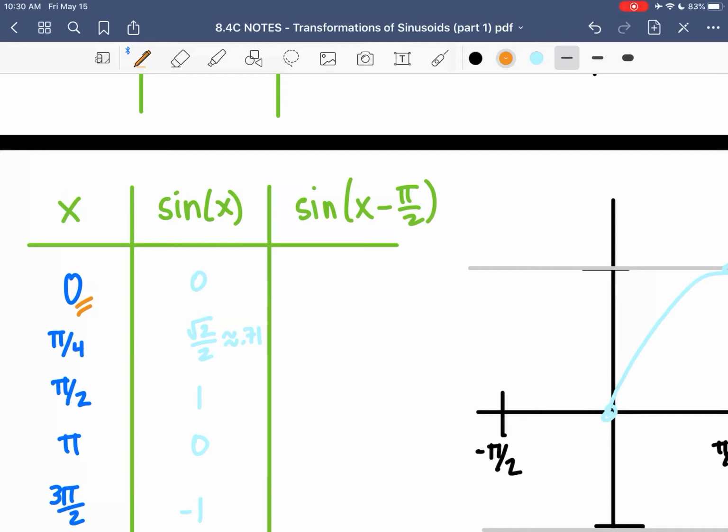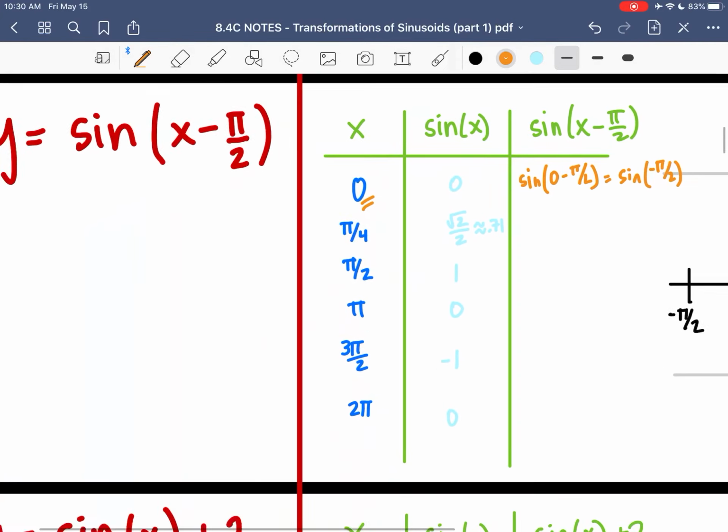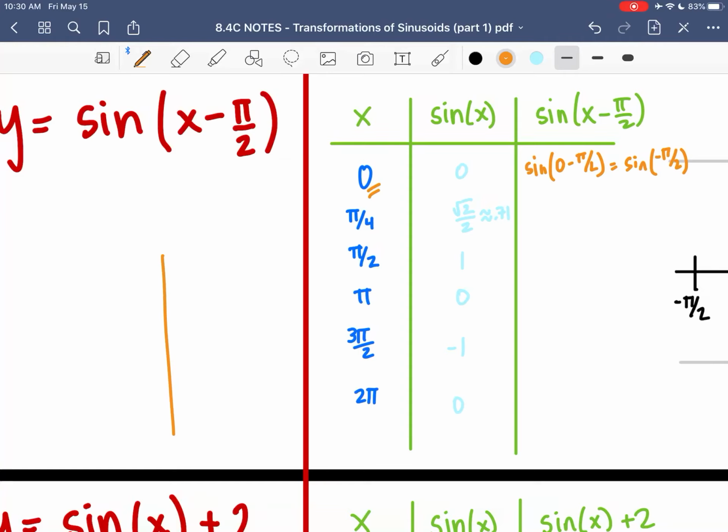Okay, so first let's look when x is 0. Well, when x is 0, this is sine of 0 minus pi halves. That's just sine of negative pi halves. I don't have that on my chart, but if I think about that, here's my unit circle. Okay, negative pi halves, negative means to rotate the other way. So instead of doing my angle counterclockwise, we're going to start from this end and go,